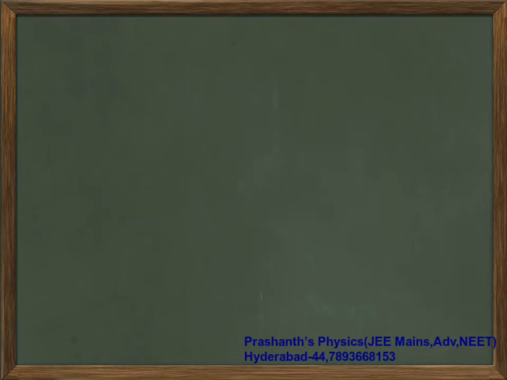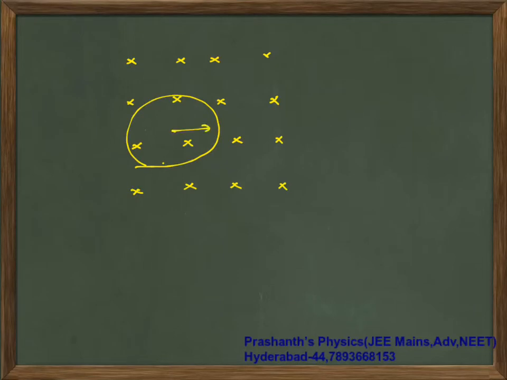If you remember cyclotrons, when a charged particle moves like this, if your radius is r, you are going to write r is equal to mv by bq. This can be written as under root 2m times kinetic energy, by bq. So that kinetic energy